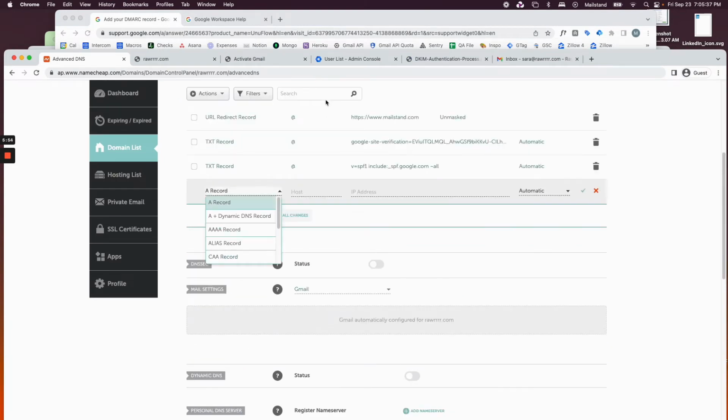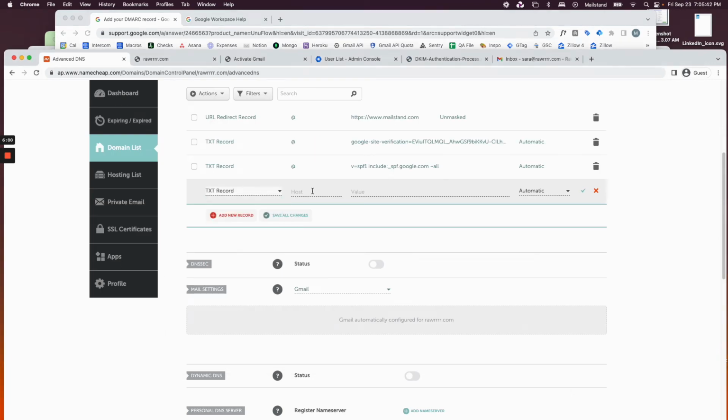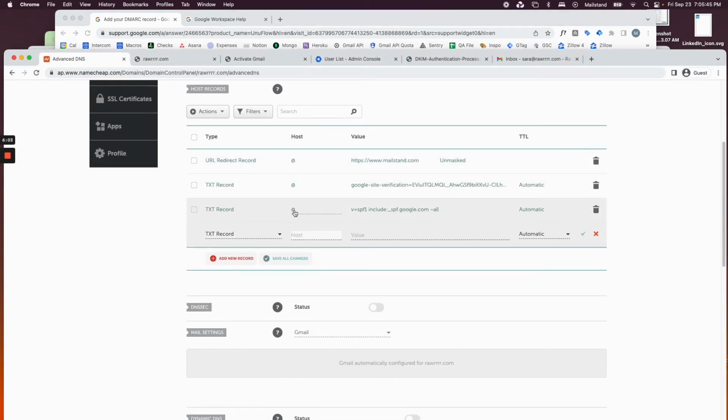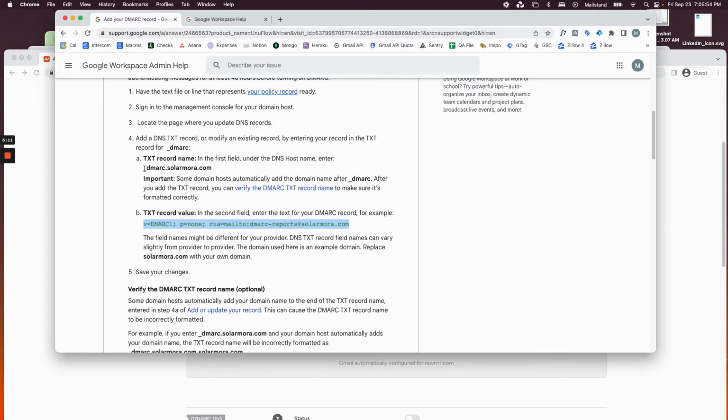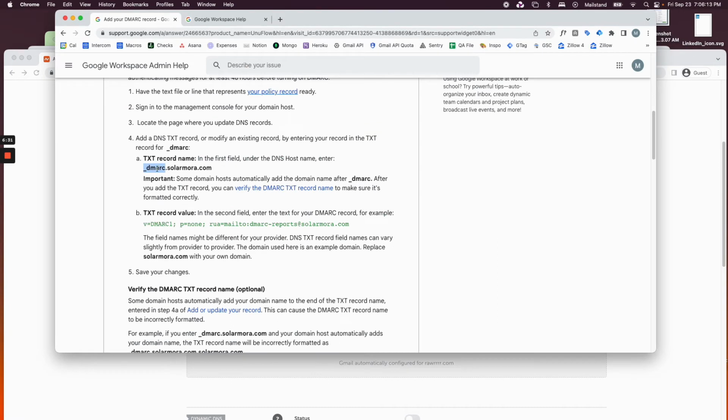and then you are going to, I believe, do the same thing, right? So a TXT record, and then every time we're doing @, which means that it's just like the root domain, meaning rar.com. But in this case, you'll see it'll tell you to create a subdomain. And so to do that, you're just going to add DMARC there. And so basically what this does is it says DMARC, and then it'll really be DMARC.rar. And that's basically what these email providers are looking for, is something along those lines of, in this case,